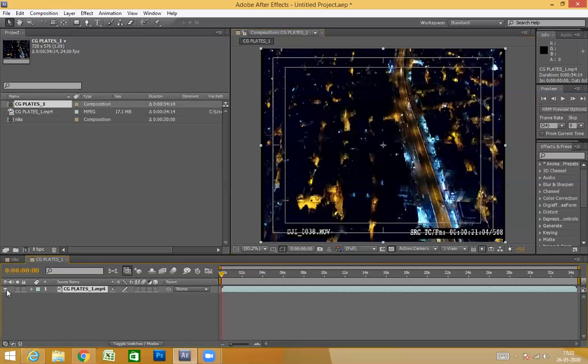I turned it off, and as soon as I turn on that layer, you cannot see what is behind this layer. Okay, so this is just like Photoshop, where you are placing one layer, meaning one paper, then another paper. Same way, same process, but we'll be working in a number of sequences, and we'll have many other advanced tools in After Effects. Okay, so these are some basic things. And now CG plates this